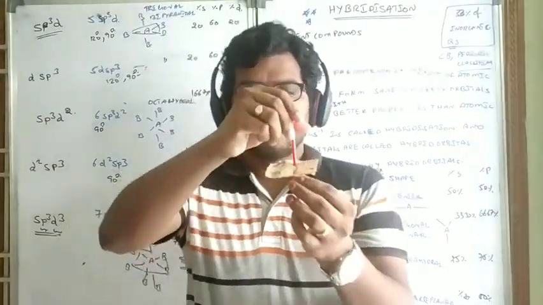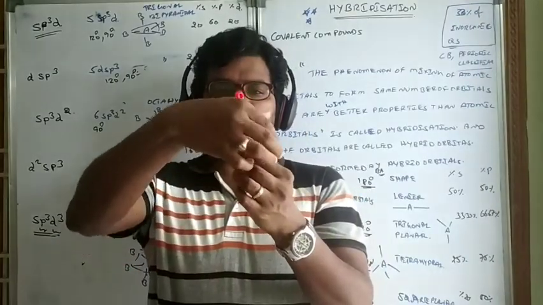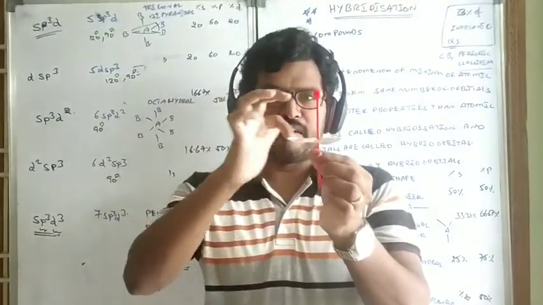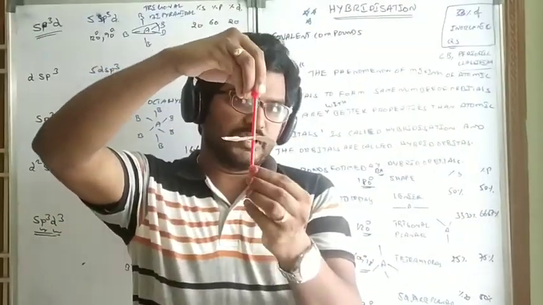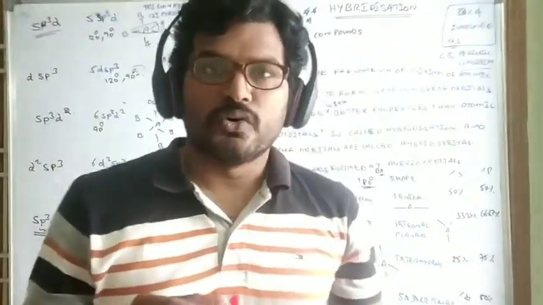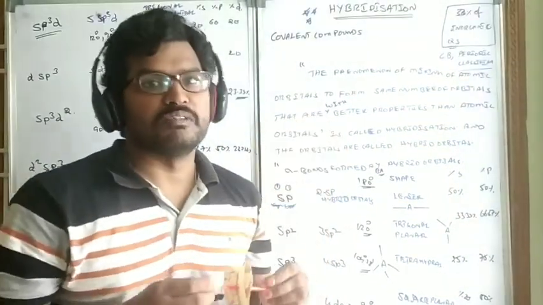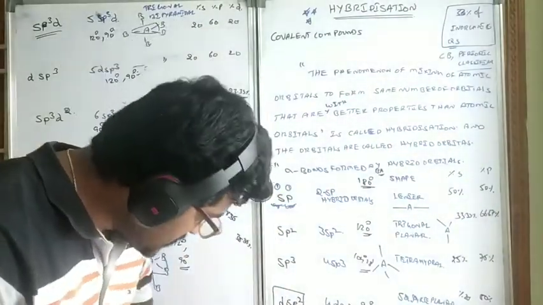So you see, this is a pentagon. 1, 2, 3, 4, 5 will be there. 5 atoms are in the 5 corners, with one atom above and one atom below. So like this, the pentagonal bipyramidal structure will come. So now you see